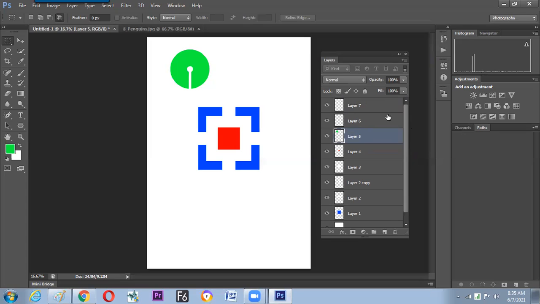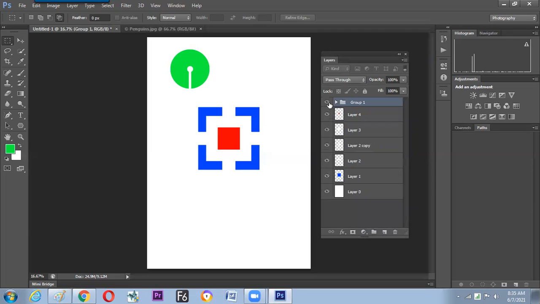Now, one more thing: we'll convert all these 3 layers into a single layer by dragging and dropping them inside the folder. So it turns into a group. At a time, we can close them now. Now I got to know how to group it up. The benefit of groups is that all the information will be there, but it will be here just like a single layer.